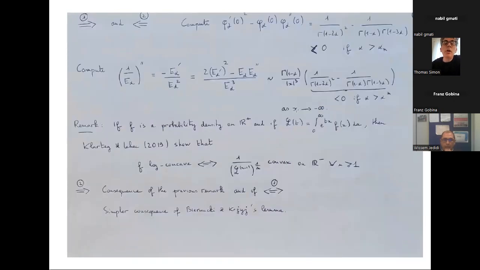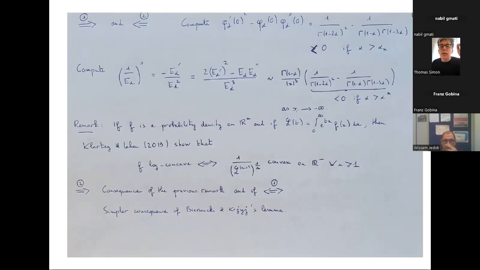Thank you, Wissem. So maybe I should skip this slide because this slide is about more simple parts of the proof, where we have a characterization. So this slide just means that you read off the property, the log concavity of the Mittag-Leffler random variable or the reciprocal convexity of the Mittag-Leffler function, either at 0 for the Mittag-Leffler random variable or at minus infinity for the Mittag-Leffler function.